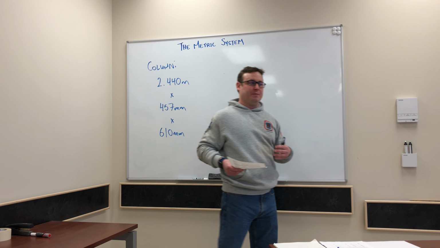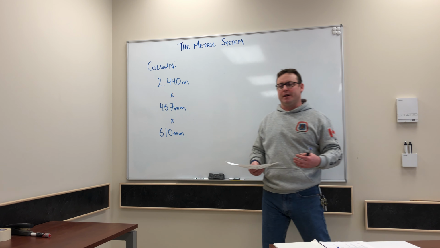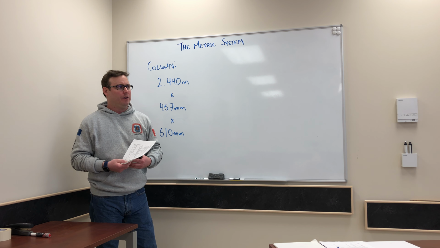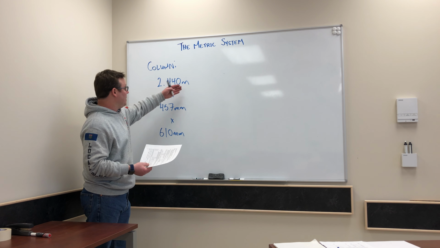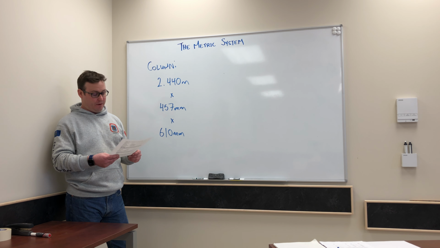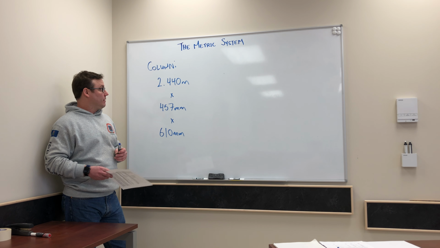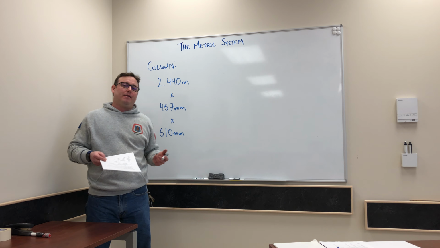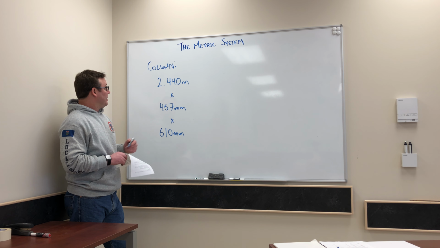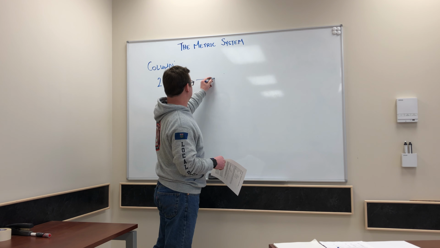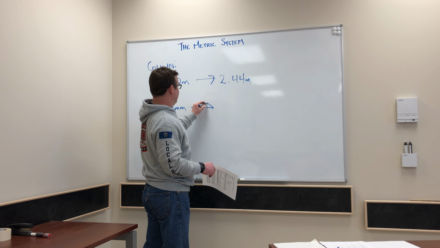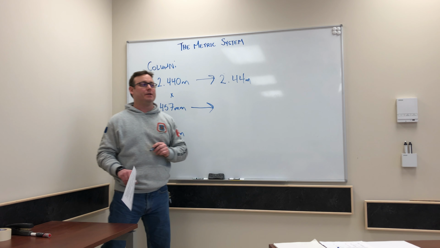So, just like any measurement system, you want to have everything in the same units. It's not good enough to be in the same system because, again, if you had inches and feet, you can't compare those. So we've got meters and millimeters. Let's make all of this one unit, and let's pick meters, because what we want to do in the end is find out the amount of concrete that goes into this column. We want cubic meters. This is an easy one. That's just 2.44 meters.